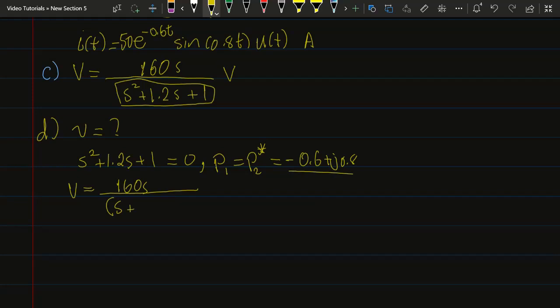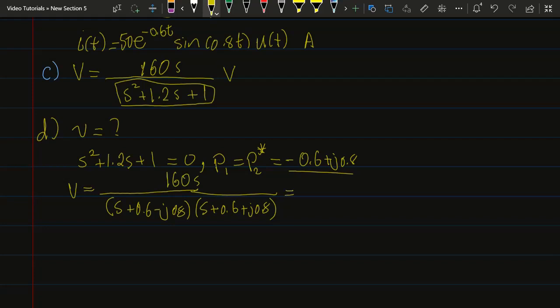So this is s plus 0.6 minus j 0.8, and the other one should be s plus 0.6 plus j 0.8, and this is 160 s,